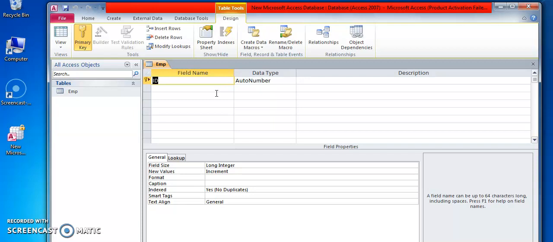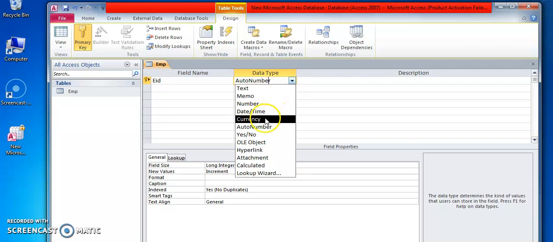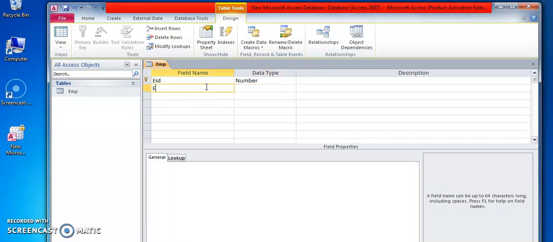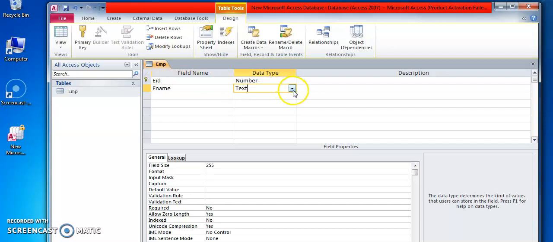Let's go. I am inserting the first column as EID. From this column, you will have their data type, so select the appropriate data type as per requirement. For EID, a number. Next, I will have ename. For ename, a text data type must be there.